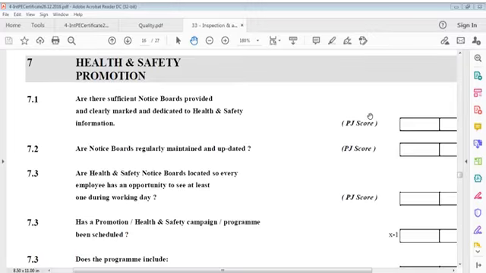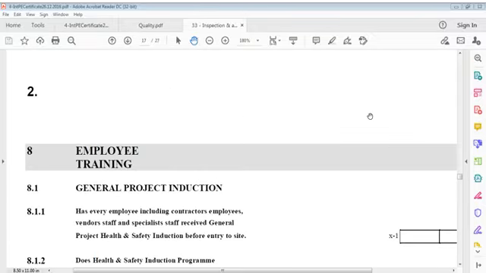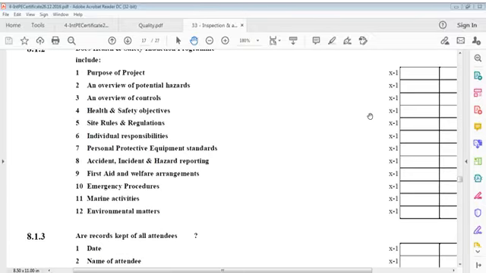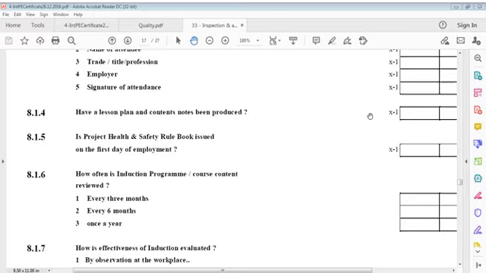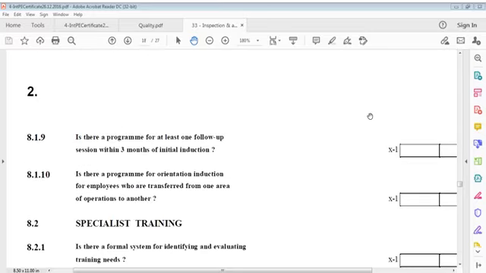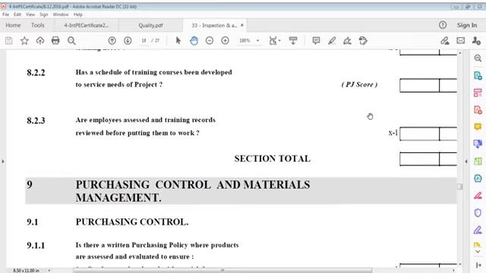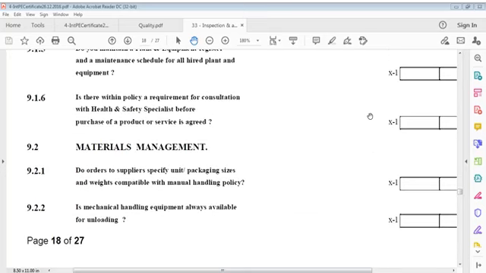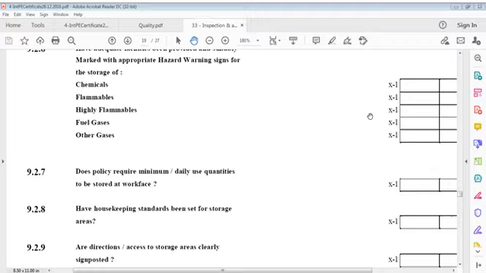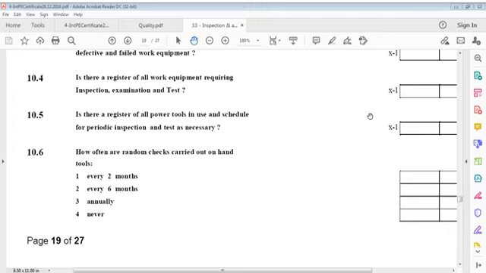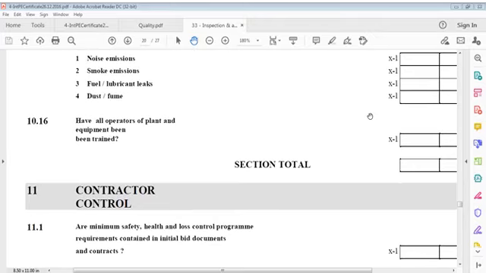Well, there are more pages. I will just show you the pages, then I'll be back. I'll show you what pages are still left. So after promotion there is employee training, then specialist training, then purchasing, control and materials management organization, followed by materials management and control, contractors control,